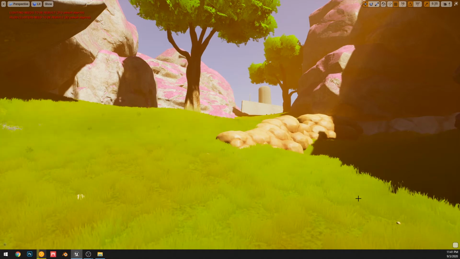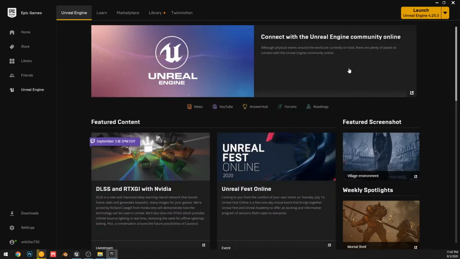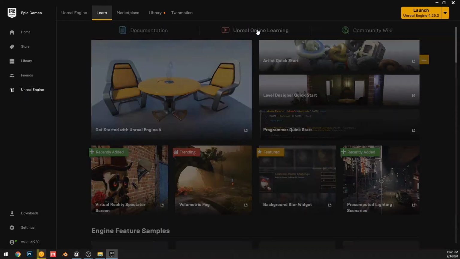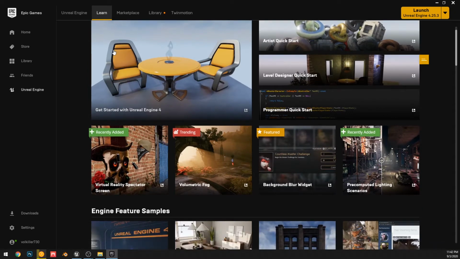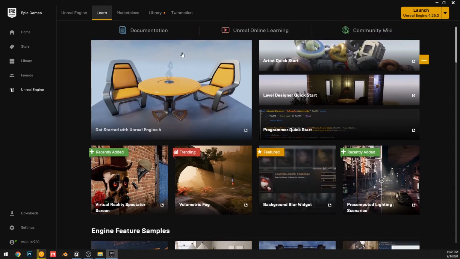Okay, so first things first, I'm not going to show you how to download the engine. I think there's plenty of things on how to do that. Once you download the engine, you have some really great resources that a lot of people miss. And that is, when you're in the Unreal Engine here, there's actually this cool little Learn tab. And from here, you can actually get access to some of the most important documentation for getting started. It's actually all the places I'm going to talk about are up here. I'm not going to talk about the community wiki that they took down.